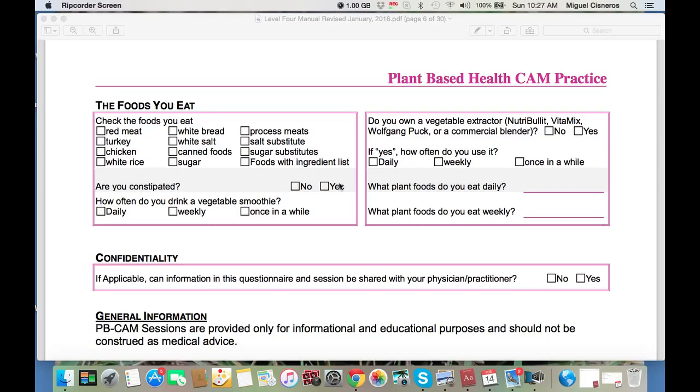Do you own a vegetable extractor, NutriBullet, Vitamix, Wolfgang Puck, or a commercial blender? You want to have one of these whenever you can. The NutriBullet is what I began with, and it does cost about $100, $125, and it gets you really where you want to be in breaking down the vegetables into liquid. The Vitamix is the best, but you're talking about $400, $500 that many of us don't have to invest. I began with a NutriBullet, and I ended up with a Wolfgang Puck commercial blender, and I got that from the Home Shopping Network,